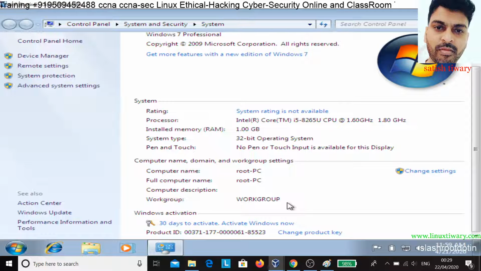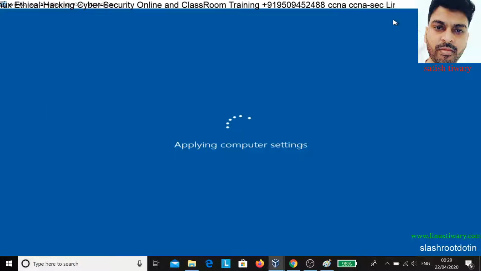Now you can see this is my Windows machine. By default it is free for 30 days. You can use it for 30 days, and your server is by default free for 6 months, so you can use it for free for 6 months, not demo version. So just minimize this one and waiting for my Active Directory to be completed.